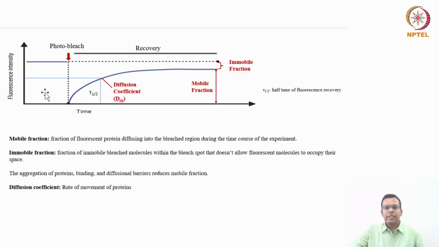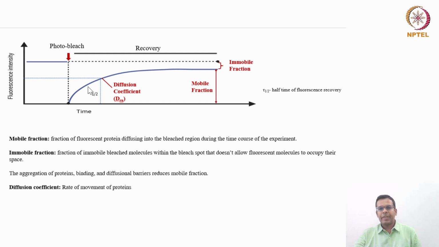Okay. So here I have explained a typical FRAP curve. A typical FRAP curve looks like this. This is the fluorescence intensity before photo-bleaching. Then because of the photo-bleaching, the fluorescence intensity goes down. And then you take the image at several time intervals, and you see how fast the protein is getting recovered. This is known as the recovery phase. This point is known as the photo-bleaching point, and this is known as the pre-bleach condition, before bleaching. Okay. Now, what kind of biophysical parameters can you quantify using this FRAP curve?